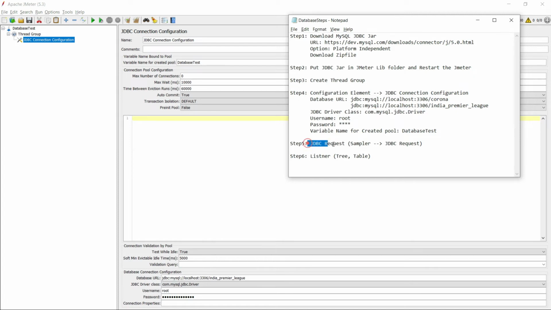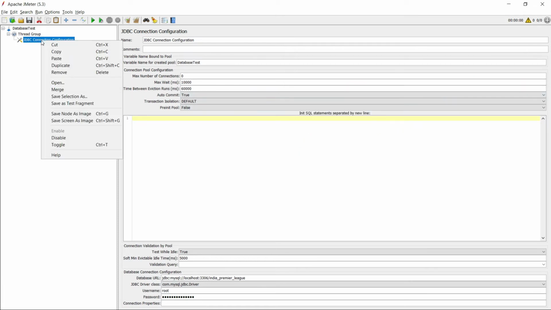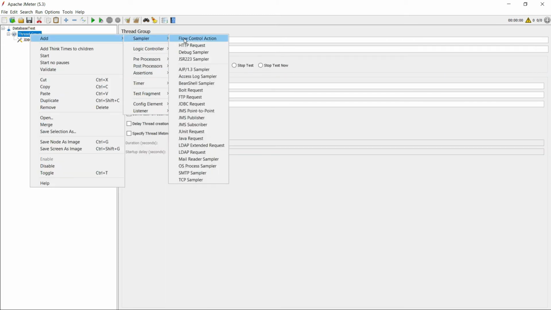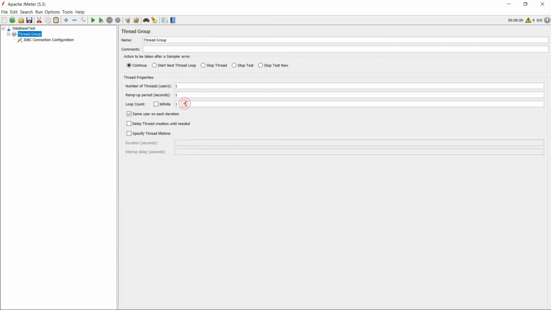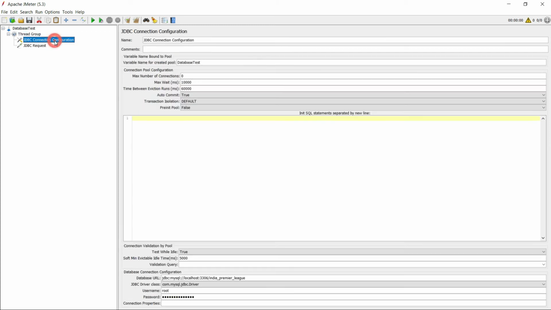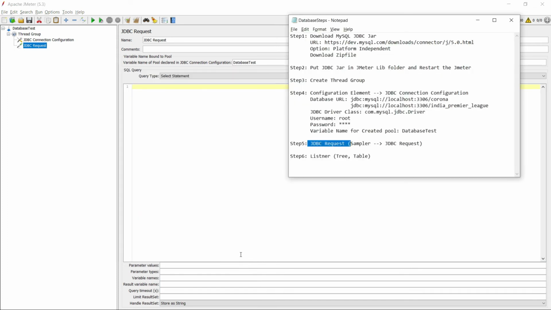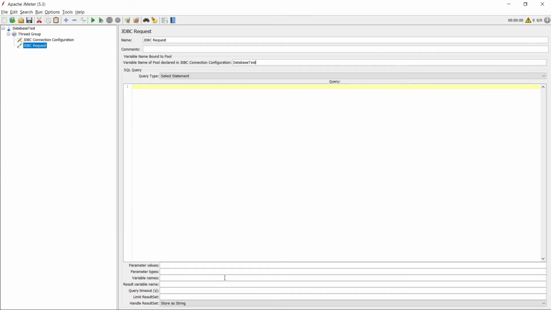Now I will create the JDBC request. I will right click on sampler, and you can see JDBC request. In that JDBC request you have to copy the same name and provide that name here, and in the query you have to provide the query which you are going to execute.